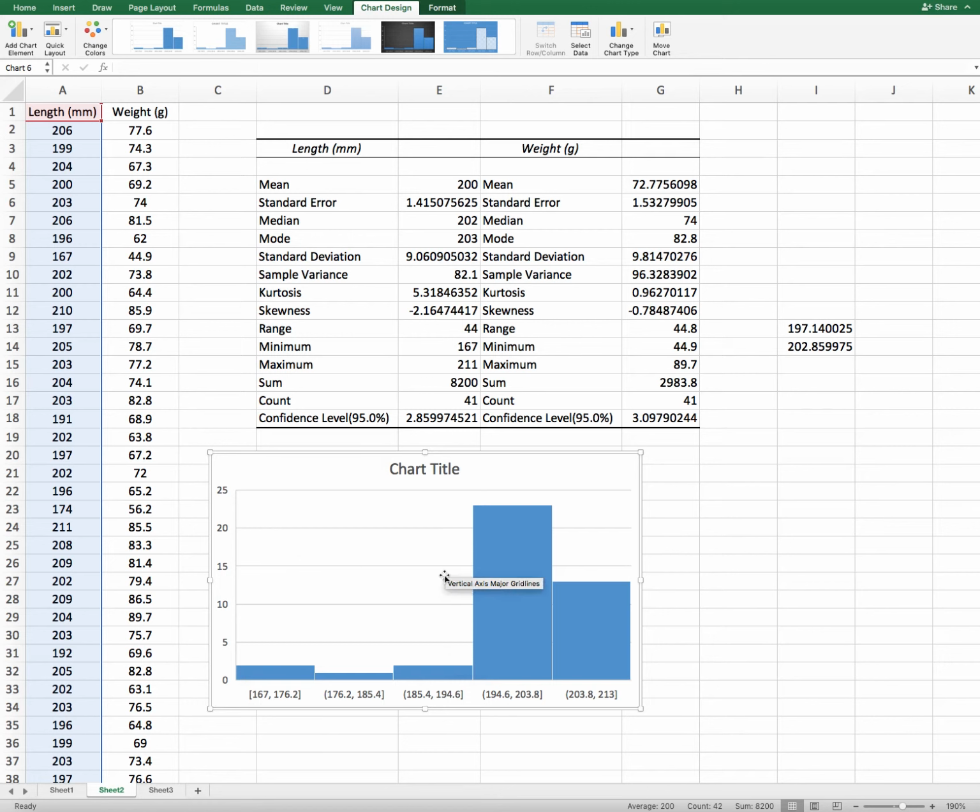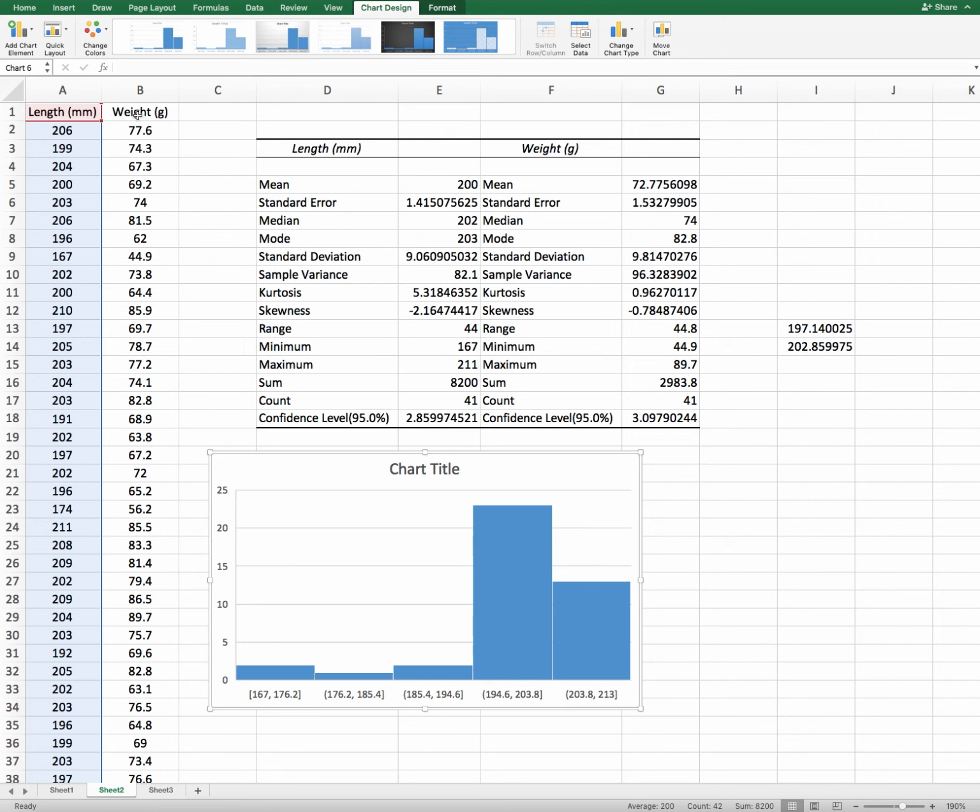And if you see the kurtosis, it also has a huge peak here. That is why the kurtosis value of this length is 5.3, which is greater than 3, meaning a high peak is there, so it's leptokurtic. And skewness is highly negatively skewed because it has a left tail.